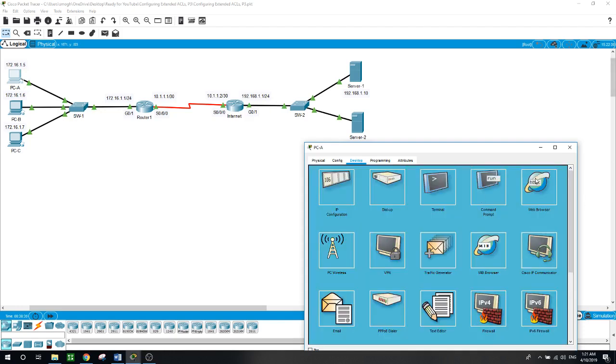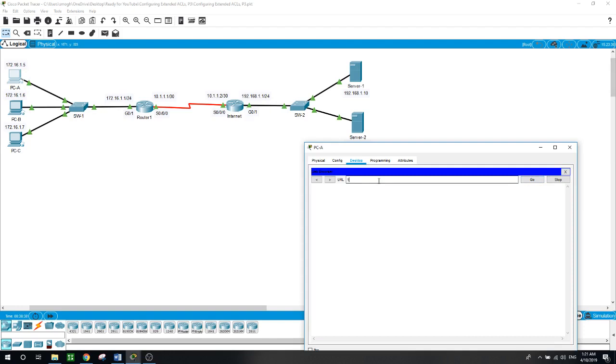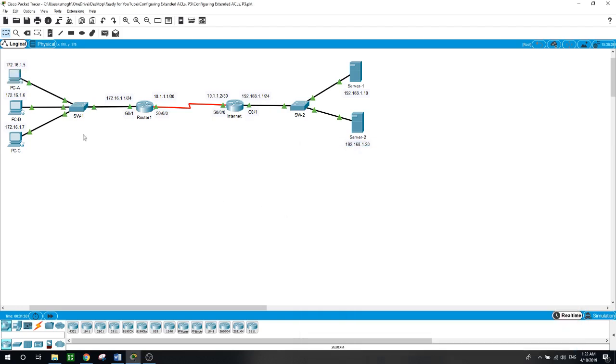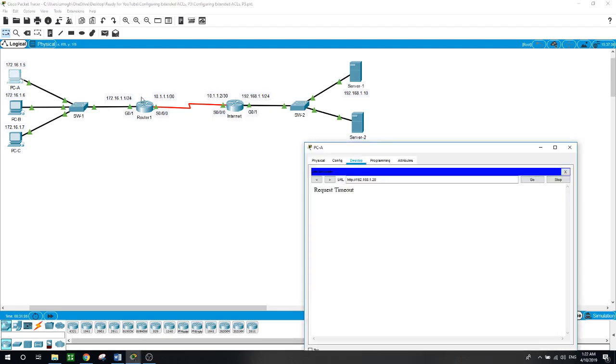And also if we try to access the web browser on server 2, 192.168.1.20, it will also give us a timed out. And request timed out. Now we blocked only the HTTP on PCA, but let's see if we can FTP to